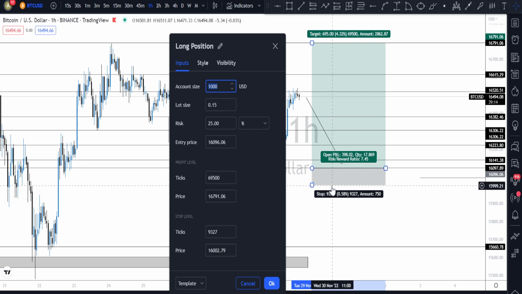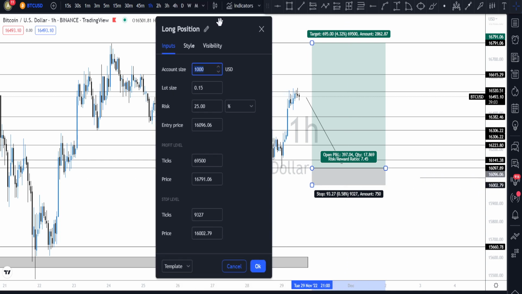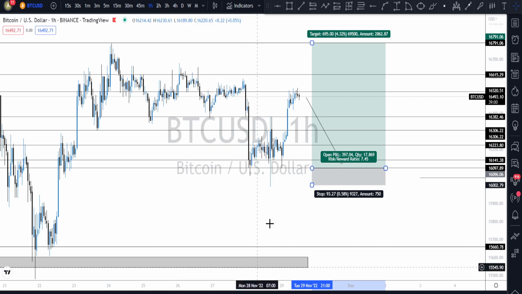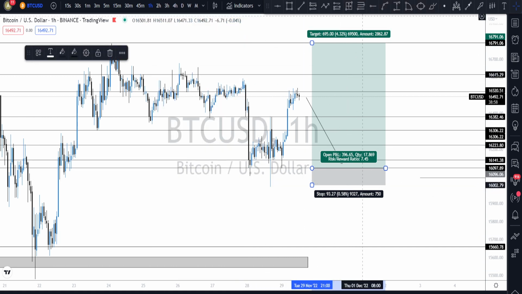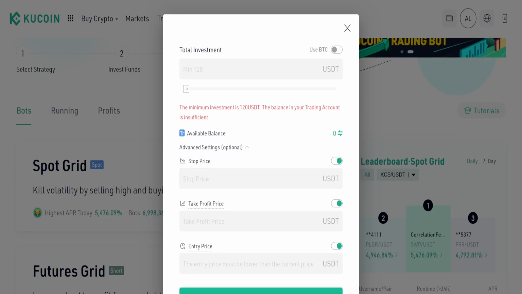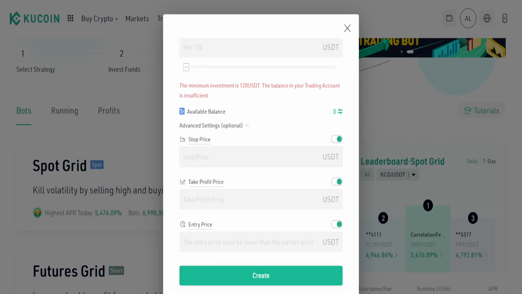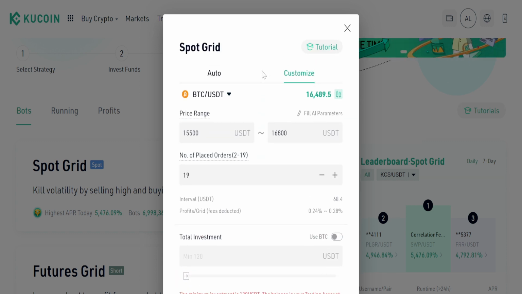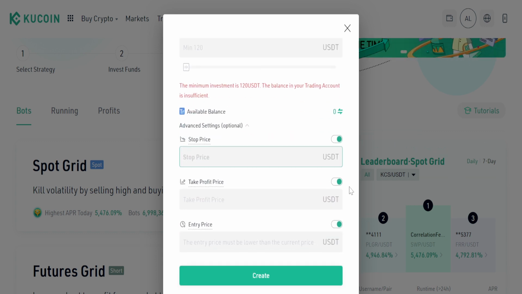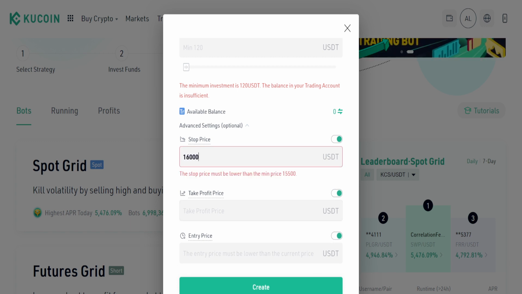This is where our stop loss will be. So immediately price gets there, you will be stopped out and you will still be able to try again later, since you didn't lose all your money in that particular trade. So it's really that easy. You just have to get the parameters yourself, entry, stop loss, and you input all the details and you just click on create, and it will indicate that your bot will start